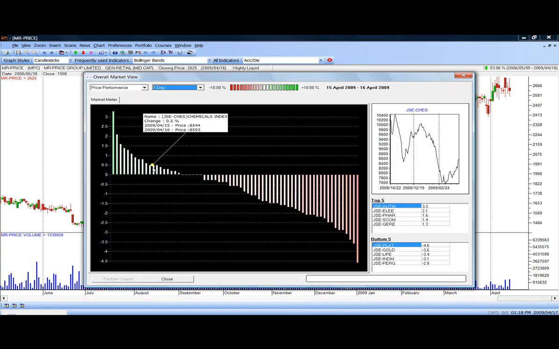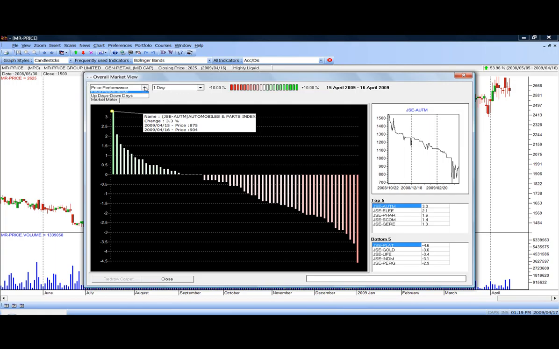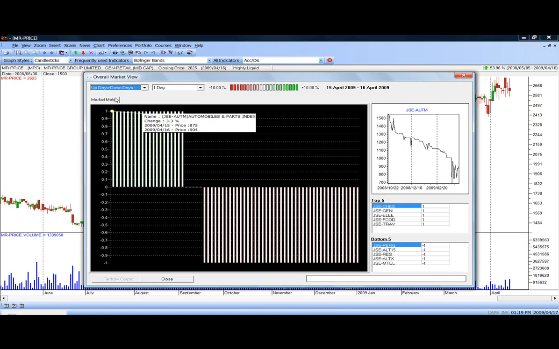Using this indicator as the very first thing you look at in the morning when you open your program after a download is exceptionally useful. Now you can either look at it under price performance, or you can look at it under up days or down days. Now up days or down days give you a bit of a different graph, showing basically how many